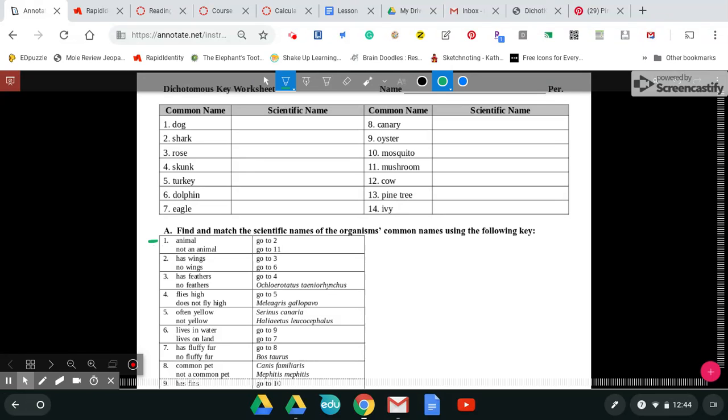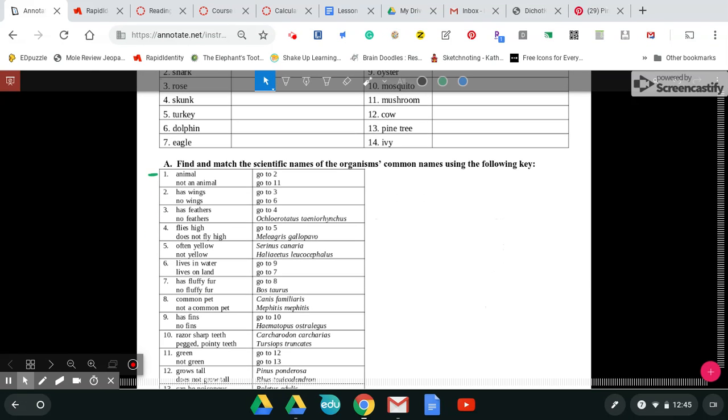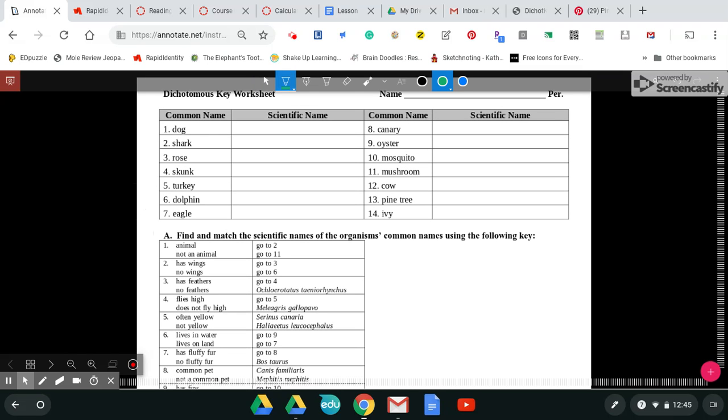All right, so let's start with the dog. I'm not going to do all of these, I'm just going to skip around. If I take a dog, is it an animal? Yes, so I'm going to go to 2. Does it have wings? No, so I go to 6. Does it live in water or on land? It lives on land, so I have to go to 7. Does it have fluffy fur or not? It does, so I go to 8. Is it a common pet? Yes. So then I identify the dog, and I'm just going to put the word Canis